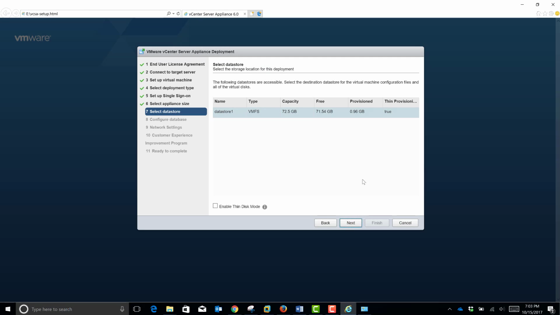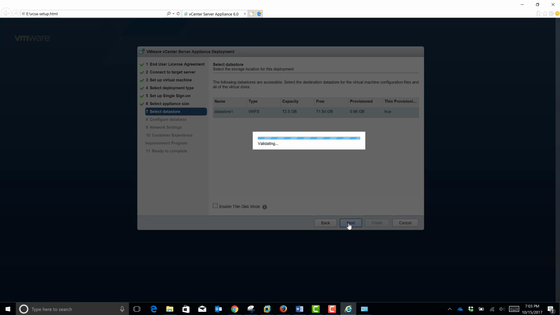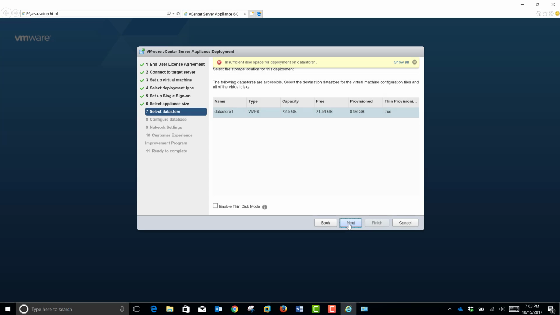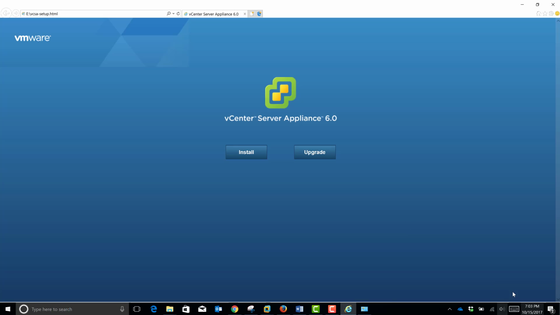This is where we'll attach it to the data store. I may need to attach it to a second data store, we'll see. Yeah, like I said, insufficient disk space for deployment. So I'm going to cancel this, and then I'm going to go back, add an additional